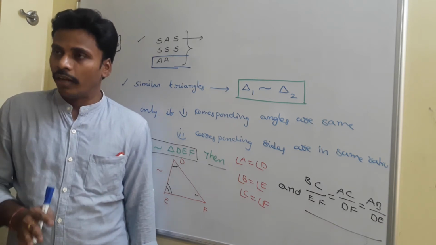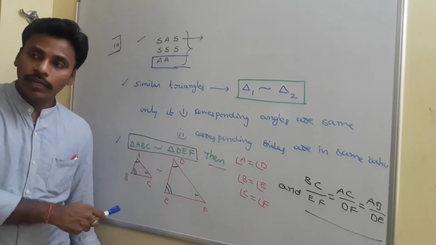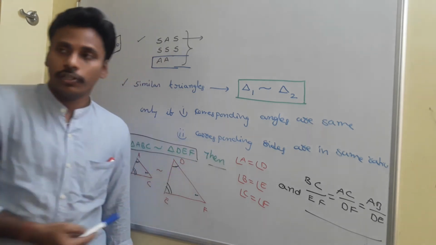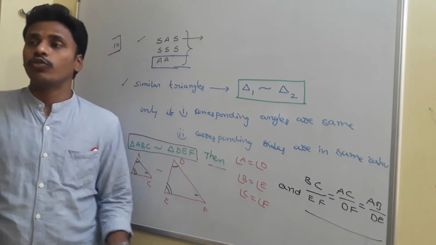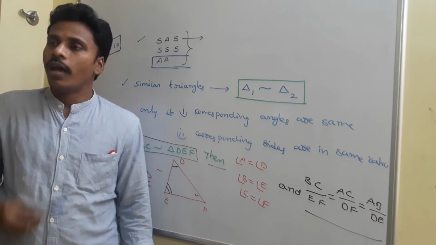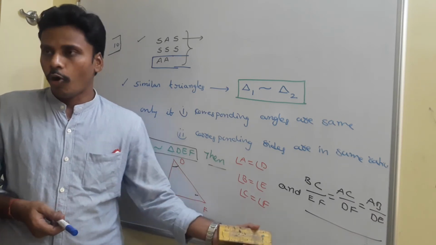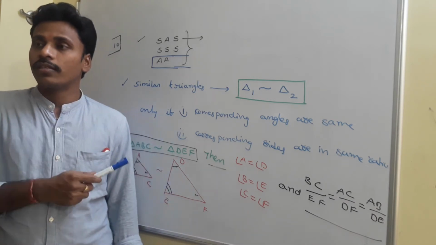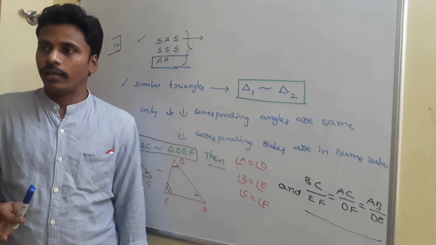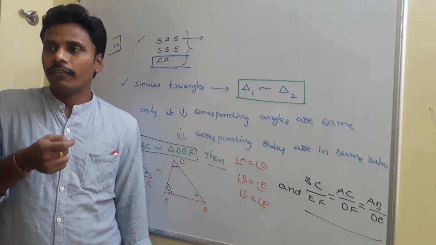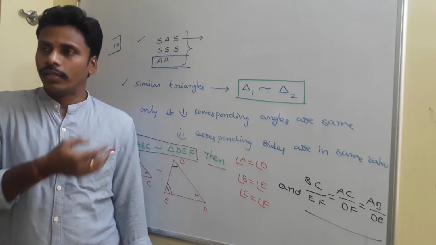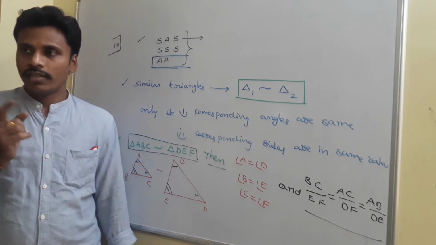Once again I am telling you, for triangles to be similar, we need to check 6 conditions. If you have any 3 among these 6, then it is easy for us to declare the triangles similar, and then we move with the problem. Just have a look at this. This is something about the similarity of triangles. And to move with trigonometry, the very basic definition of similar triangles is enough, and that's why we introduced it here right now.